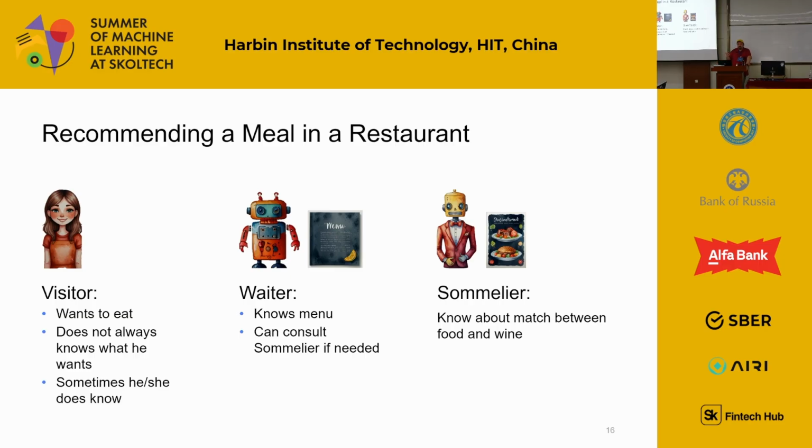The person would be first interviewed by a therapist. The therapist would then send you to a number of specialists. Specialists would talk to each other, trying to figure out the diagnosis. Then somebody would check if the diagnosis is right and if it requires certain improvement and more discussions, and then it will be given back to the original person. So those kinds of systems achieve much better results than if we were using just one LLM. So in our case, we have different roles. We have first of all the visitor who wants to eat. We have the waiter who knows the menu, and we have the sommelier who knows the food wine matching.